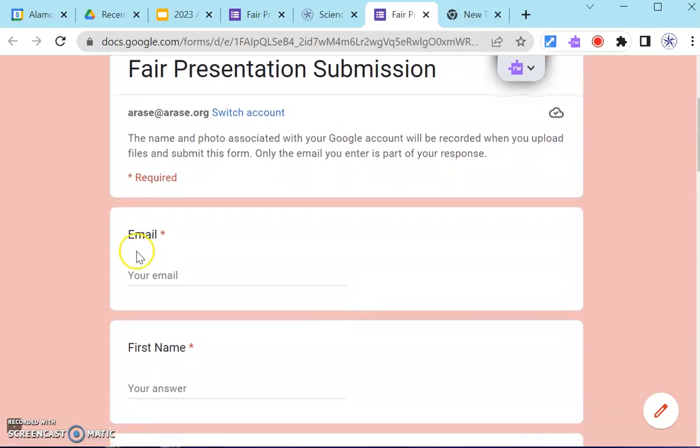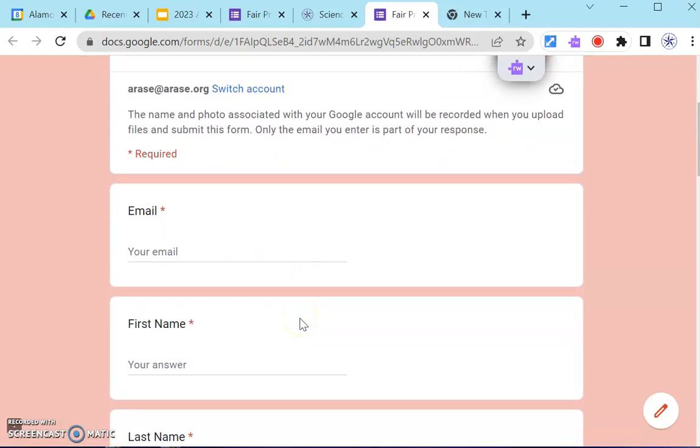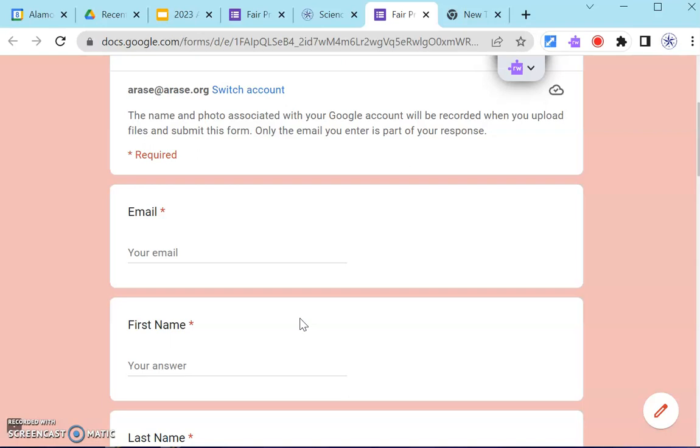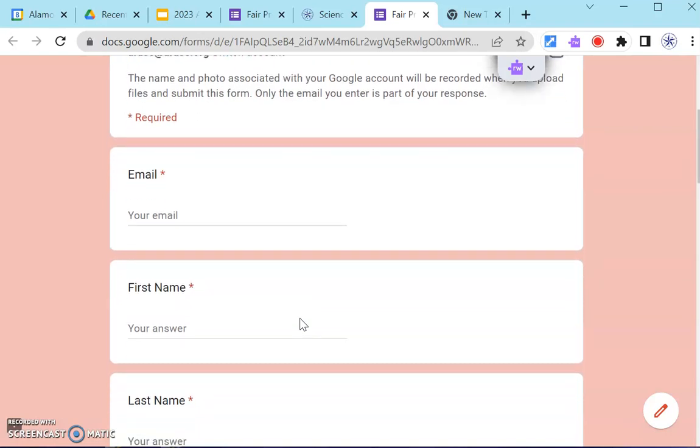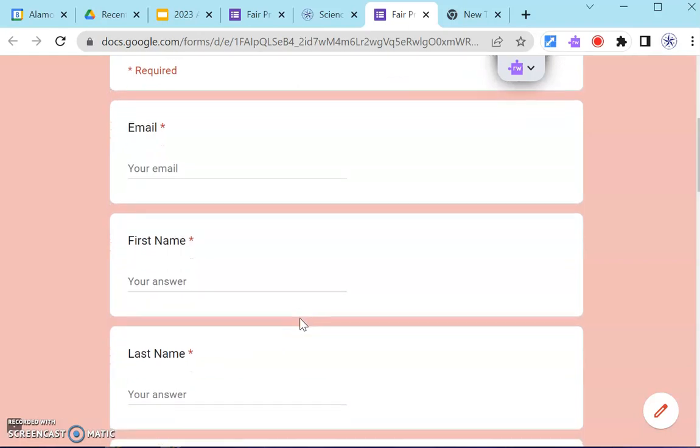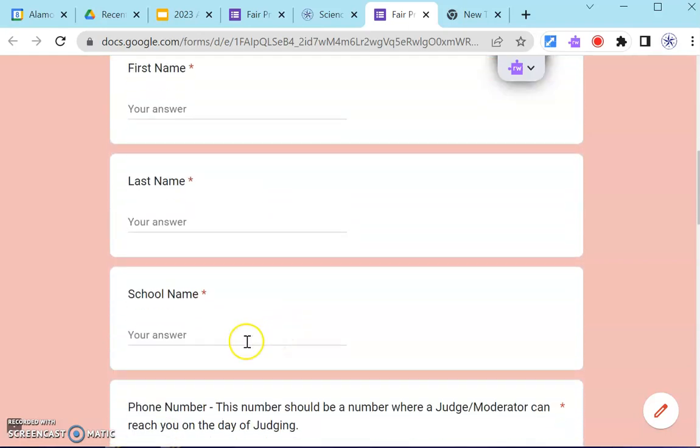Things that are going to be required. You're going to need an email. Make sure it's a valid email, an email that we can reach you at. Sometimes school email addresses block outside emails. Please, if you have a personal email, put that in. First name, your last name, your school name,